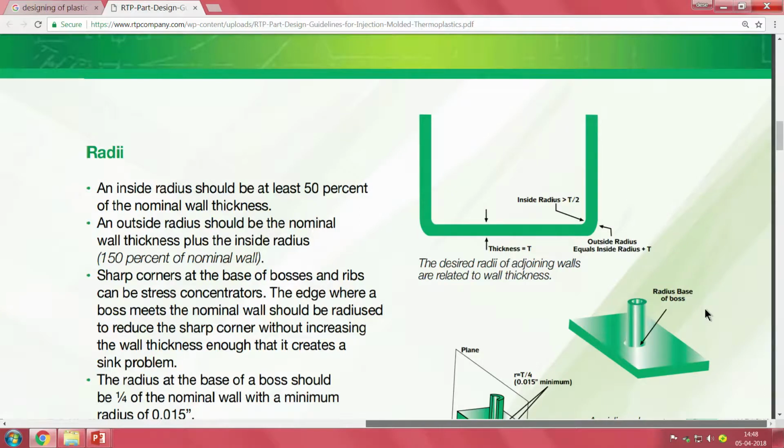I want to show this to you at a very early stage, because while in this case the inside radius is always half of t, the outside radius is equal to the inside radius plus t, and then the base. These are slightly different in the case of 3D printed parts. To start with, it is almost impossible to give these internal radii, because in this case it is smooth. You inject the material, it passes there.